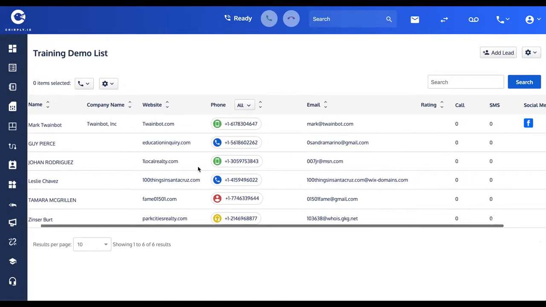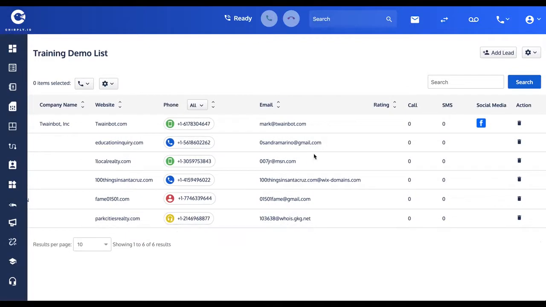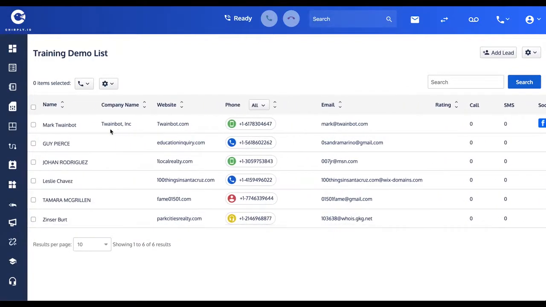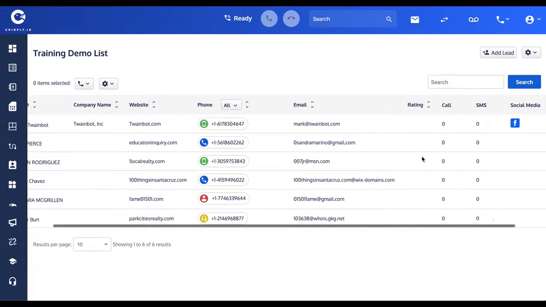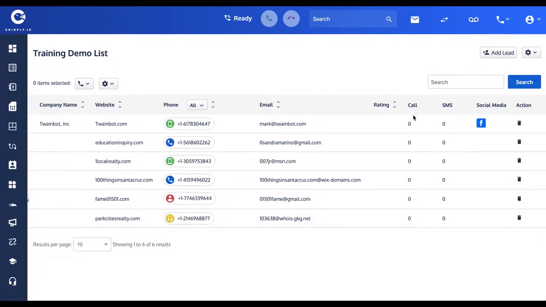The data scrolls a little bit to the right on my screen, but you're seeing a number of these fields that we imported, and then in the call column, that's the number of phone calls back and forth I've had within the platform with that contact. They're all 0 at the moment. And likewise, SMS history, correspondence that I've had. And then the final column here, action, gives you the delete button if you want to remove an individual contact